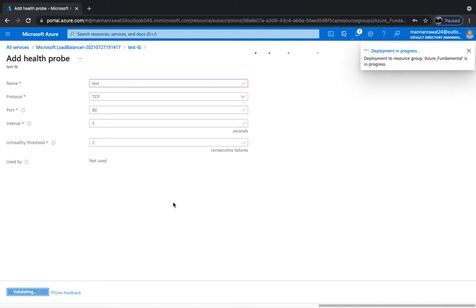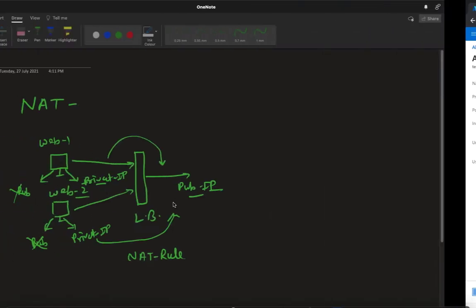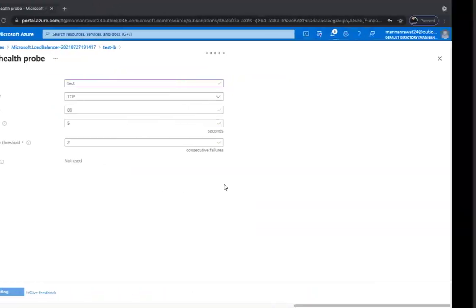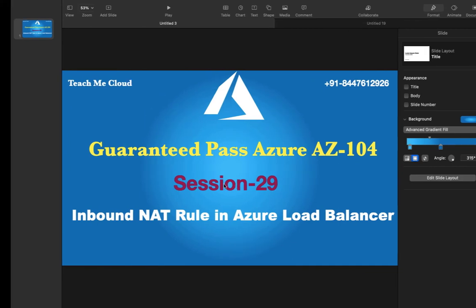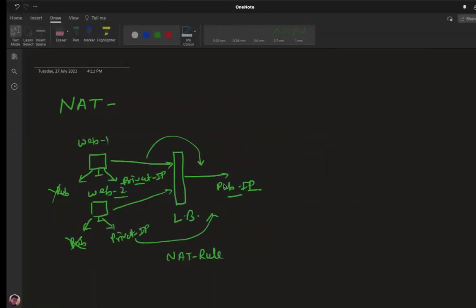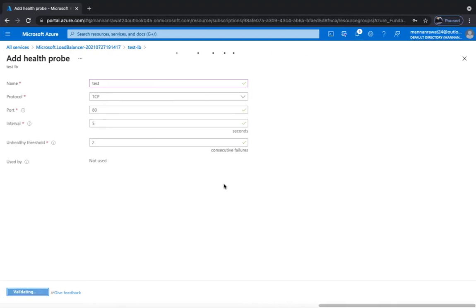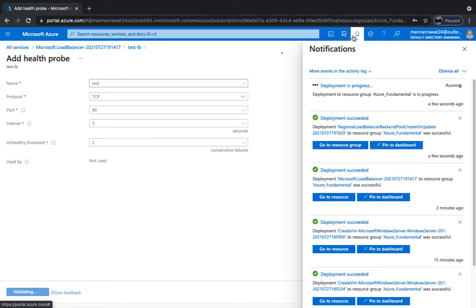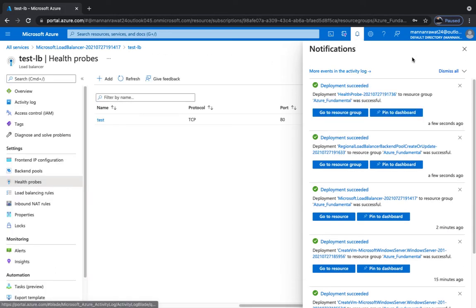Once our health probe is ready to use, we will move to the next step. Deployment in progress, so we need to wait. Okay, fine.